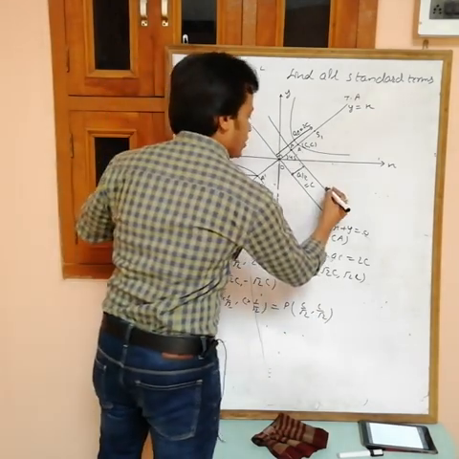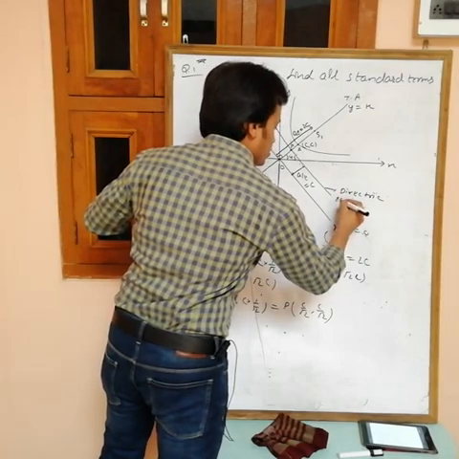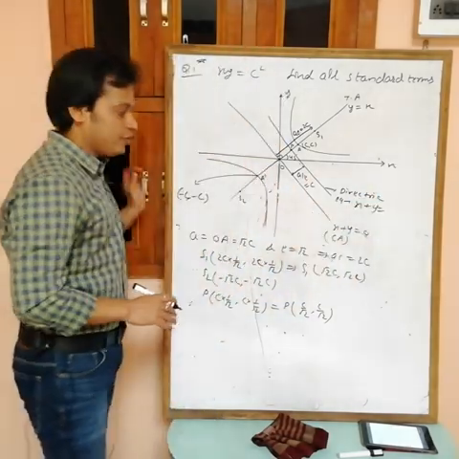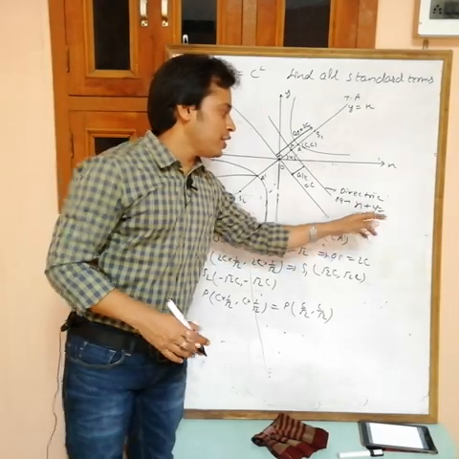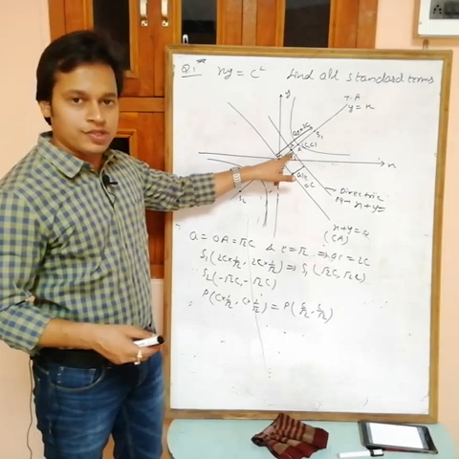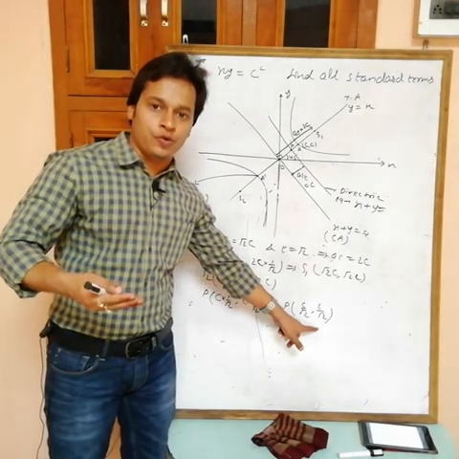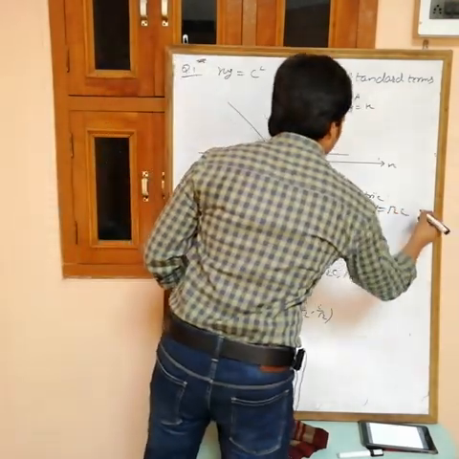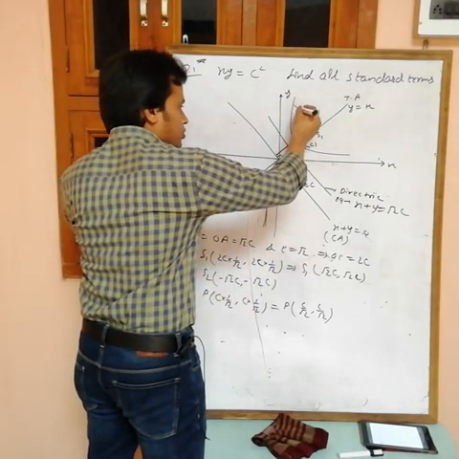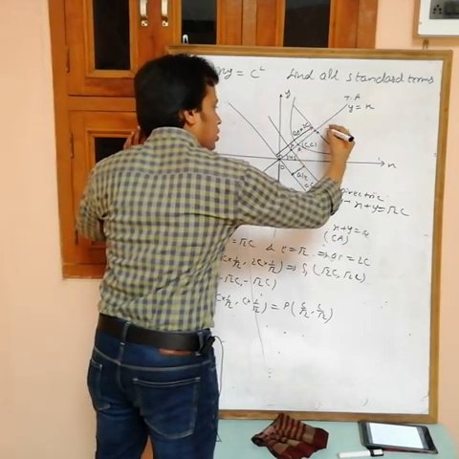Now if you want the equation of this directrix, this is parallel to the conjugate axis, so x plus y equals something. This is x plus y equals 0, and for this one x plus y equals something. Can you find that value? Obviously we know that P lies on this line, so it must satisfy, and for P, x plus y is equal to 2c by root 2, it means root 2 c. Now if you want the extremity of the latus rectum, suppose this is the latus rectum.